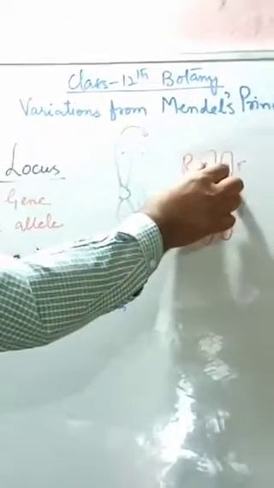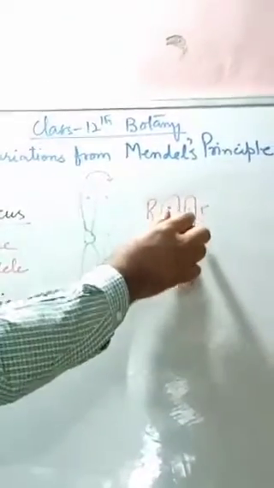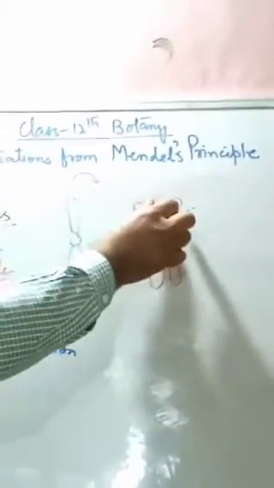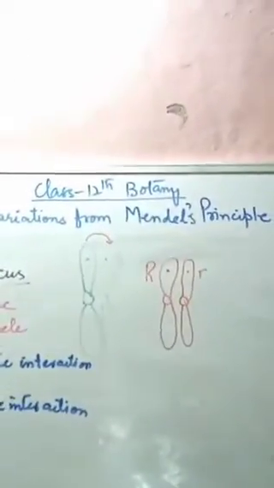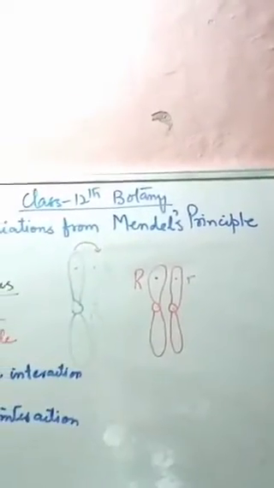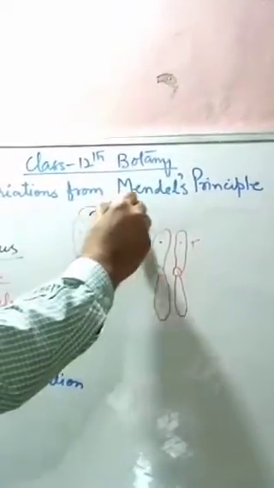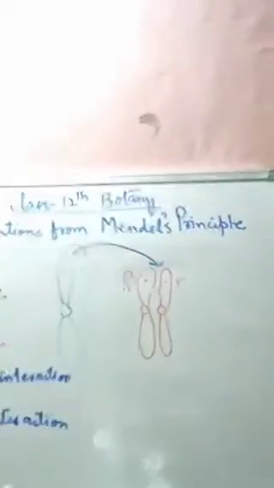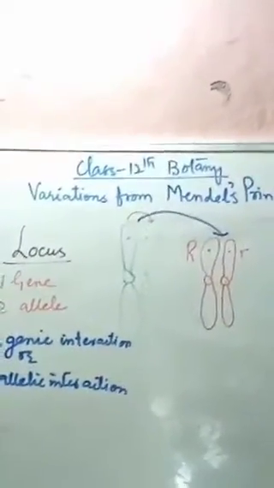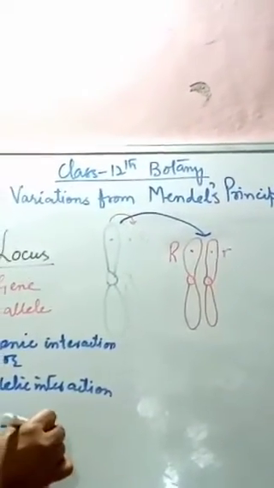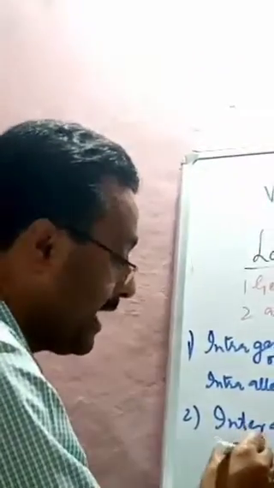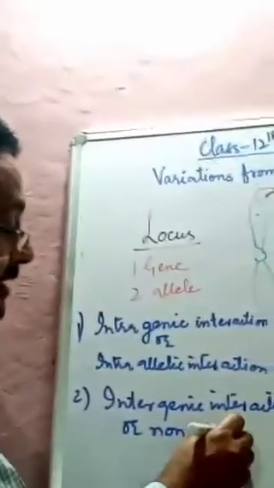So here we see these are the loci of the genes on different chromosomes. If the interaction takes place between this homologous chromosome and that homologous chromosome, it is called intergenic interaction, or it is called non-allelic interaction,